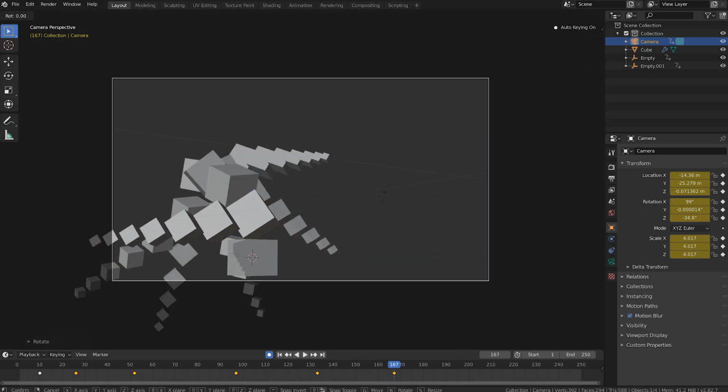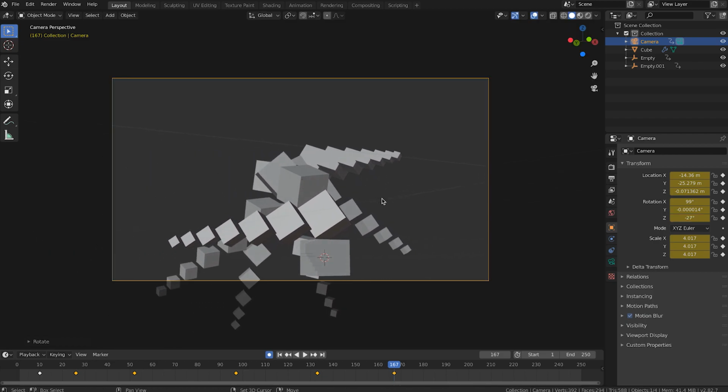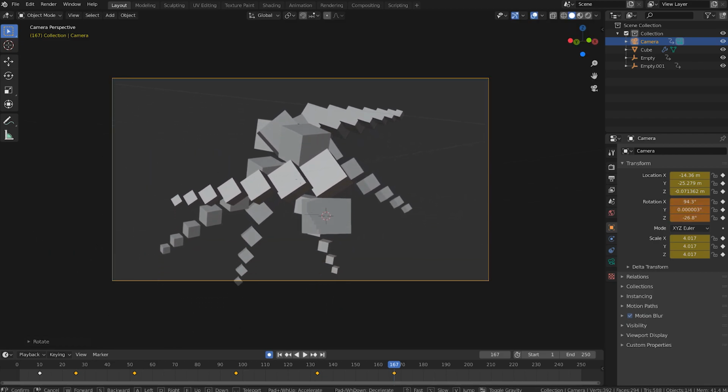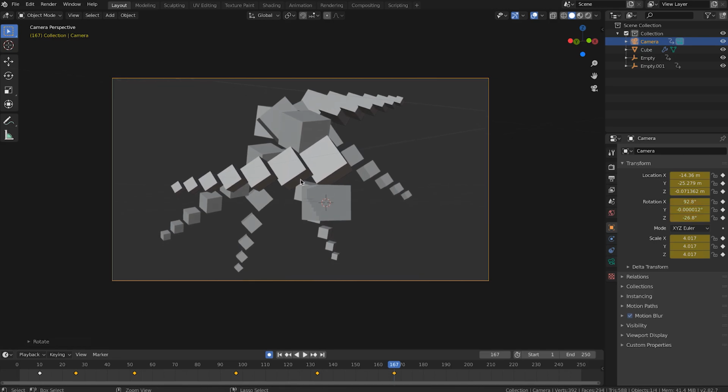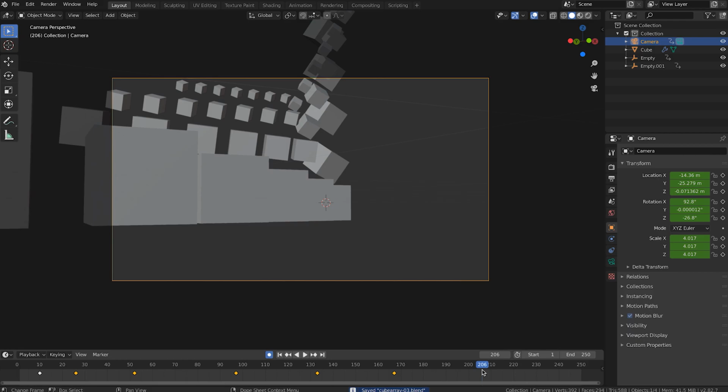Go back to camera view. Oops, I don't want to rotate it that way. Let's rotate it on its Z-axis and just shift tilde key to kind of move down. Cool. And then at the end,